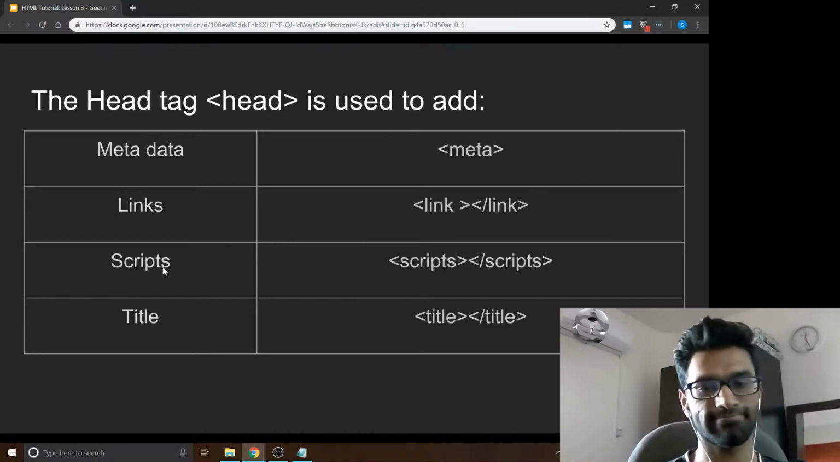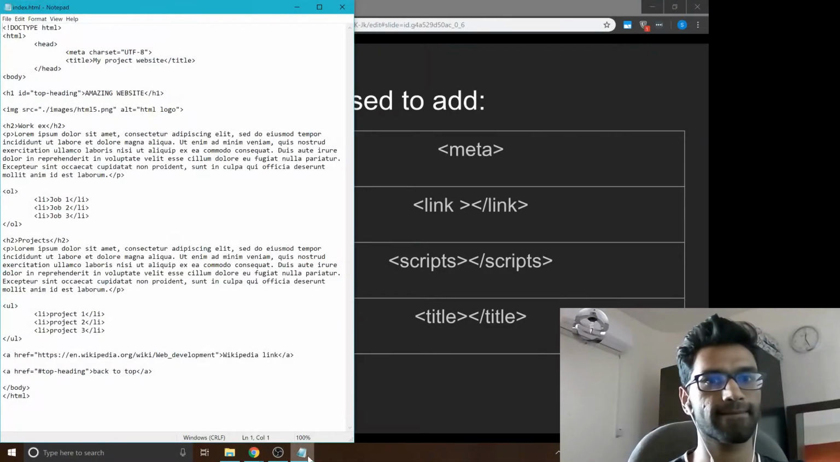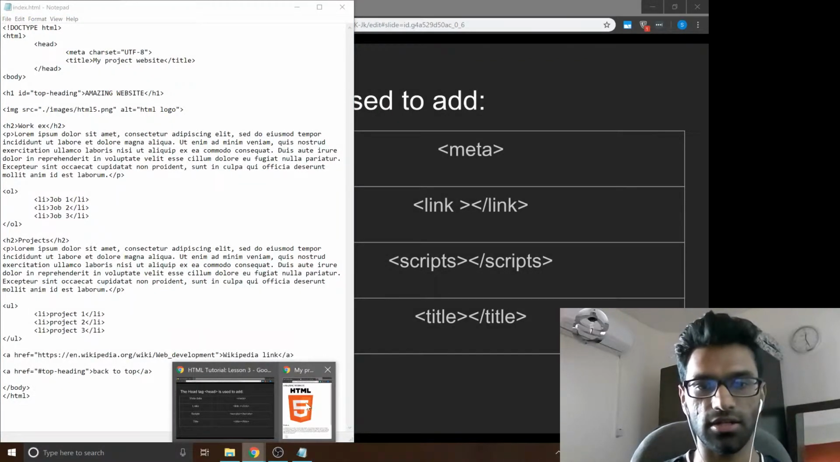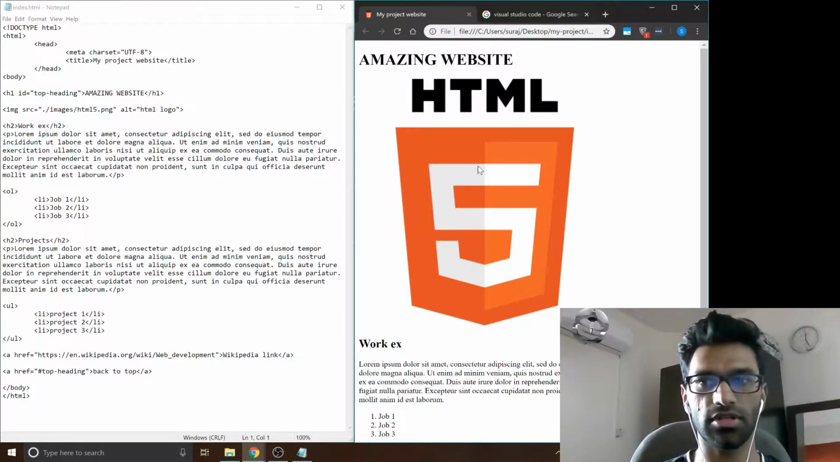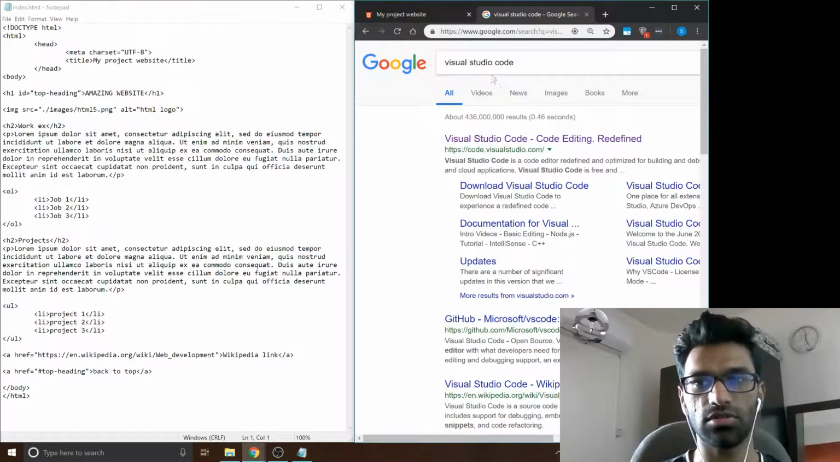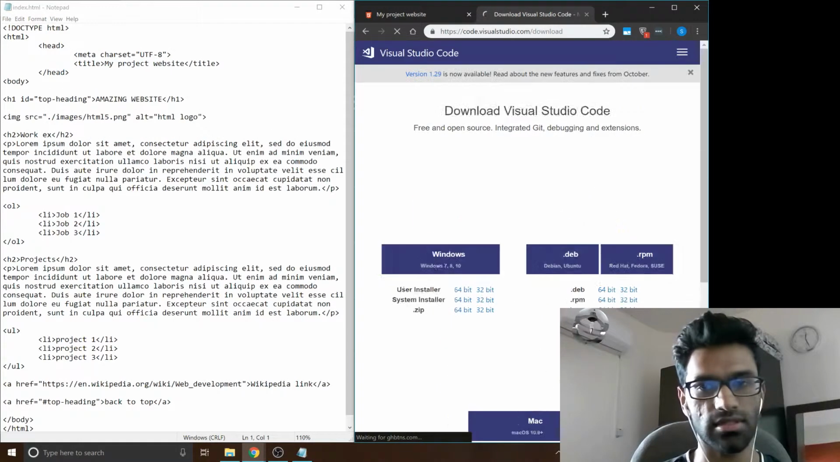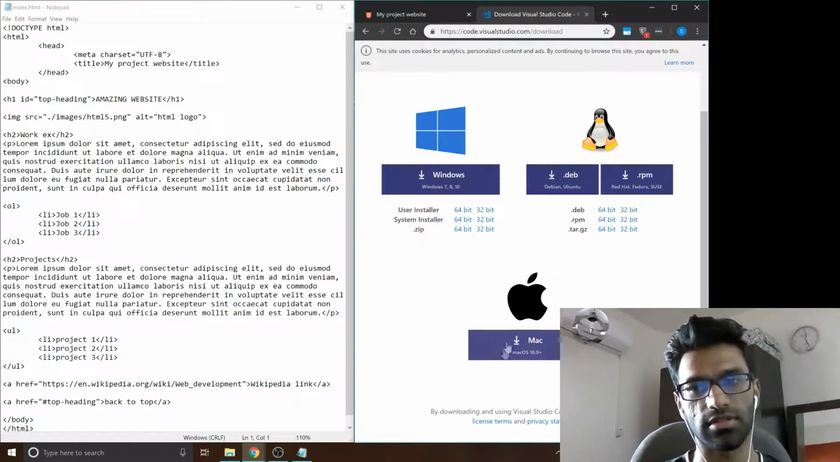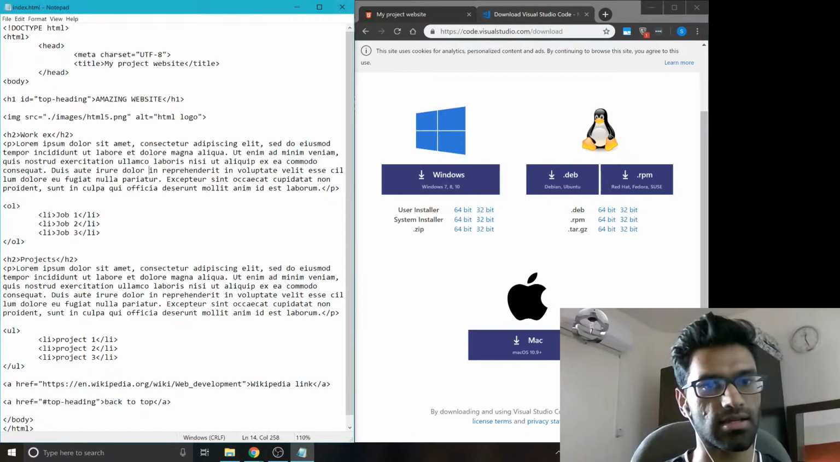So code along. Alright? From now on, I'm going to start using a code editor called Visual Studio Code. So Google Visual Studio Code, click on download. And when that loads, just download the one for your operating system, Windows, Linux, or Mac. Install it. I'm not going to do that because I already have it installed. So what I'm going to do